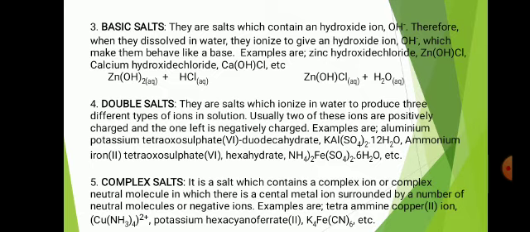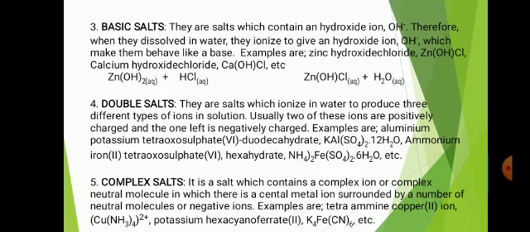Preparation of salts. Salts are generally prepared based on 2 factors. 1, the solubility of the salt. 2, the stability of the salt to heat. Preparation of salt by solubility. Depending on the solubility of a salt, they can be prepared 1, by the reaction of a metal and a